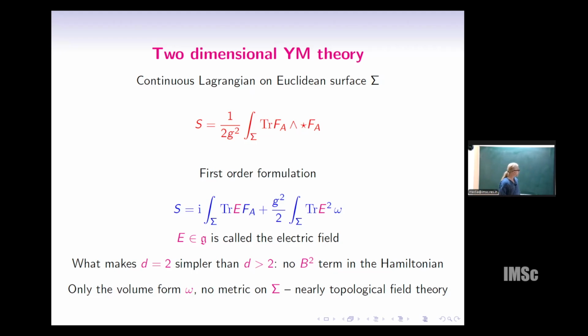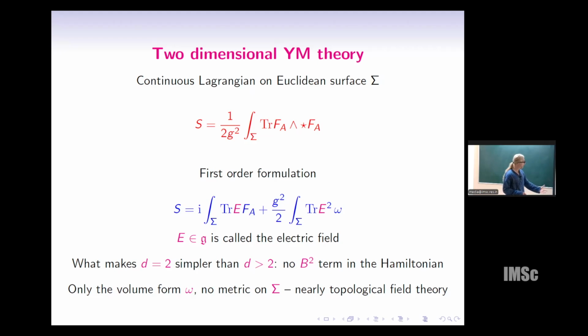So as I said, if we go to the first order formalism, we introduce an auxiliary field E, which takes values in the Lie algebra. It's a scalar on the worldsheet. It is called the electric field. To write the Lagrangian, the first term is just a trace of E times the curvature. So curvature is a two-form, so you don't need anything else to integrate over the worldsheet. And for the second term, you have trace E squared, which is a scalar, so you need a two-form to